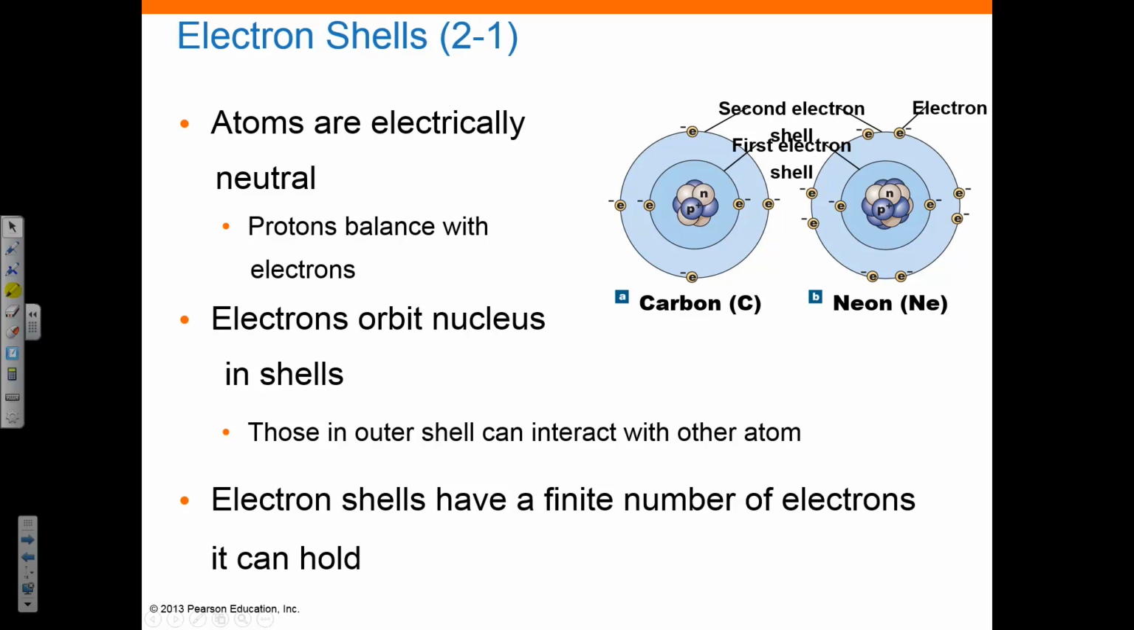The electrons orbit the nucleus in what are known as shells. Electrons will fill their inner shells first, and each shell has a finite number of electrons it can hold. For example, the first shell can hold 2 electrons, the second shell can hold 8, and the third shell can hold 8. The electrons found in the outer shell of an atom can interact with other atoms and are known